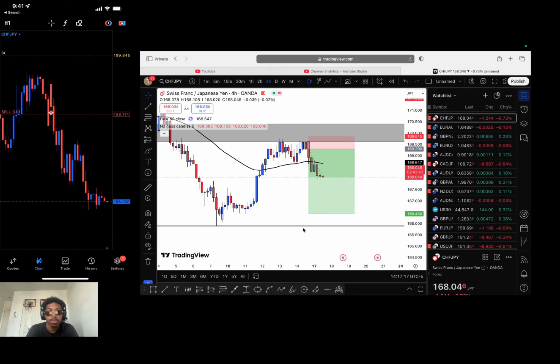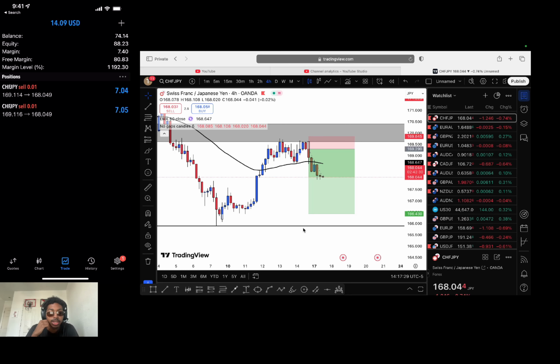Okay, y'all, quick update on this trade. As you guys could see, I'm risking about $4.80 on each position on this trade, and I'm holding 2 positions. So currently I'm risking about $9.60, and as you guys could see, I'm up $14. So I could close out this trade and be up more than a 1 to 1, but I'm not really gonna do that. I'm gonna just keep holding the trade, as I